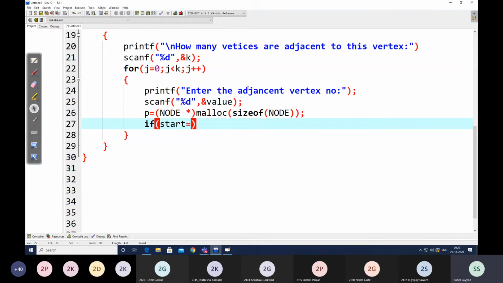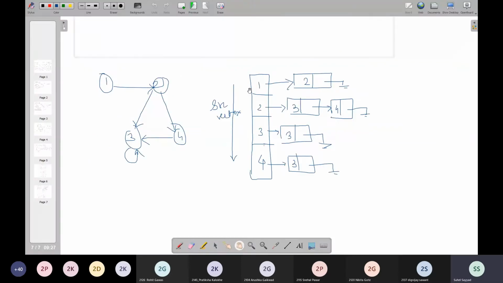So to check if the linked list is empty, what we used to do is check if start is equal to null. But now here we have starts in the form of these. What are these starts now labeled as?